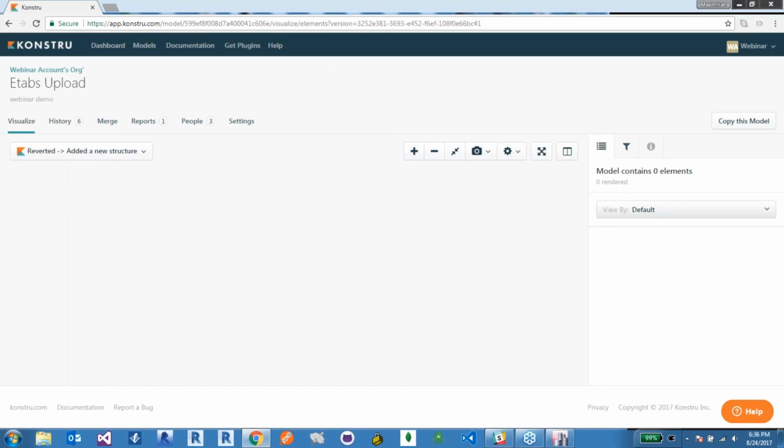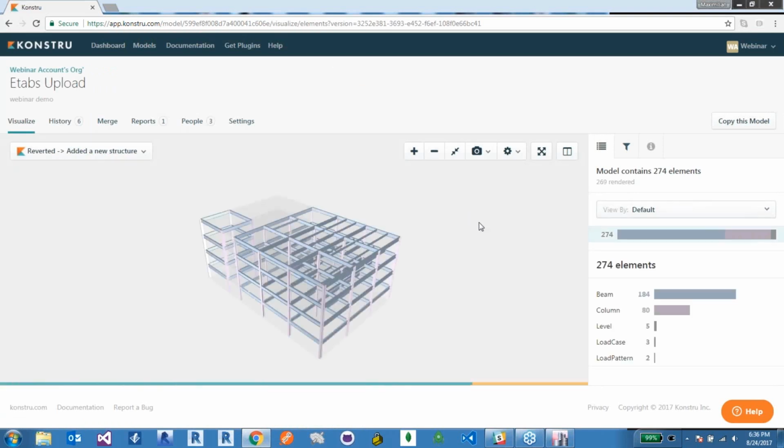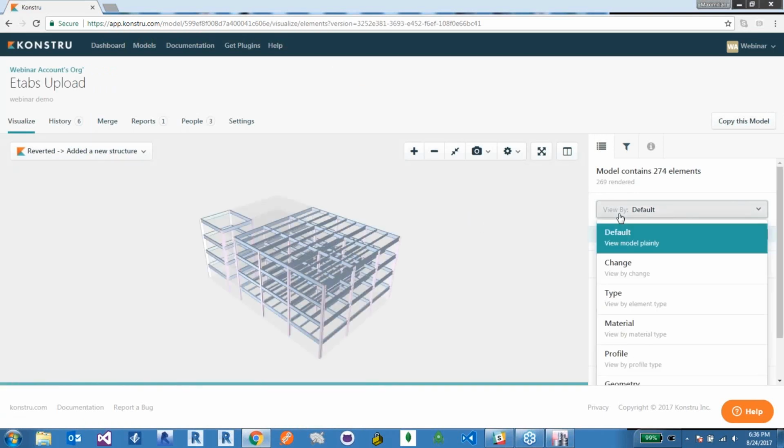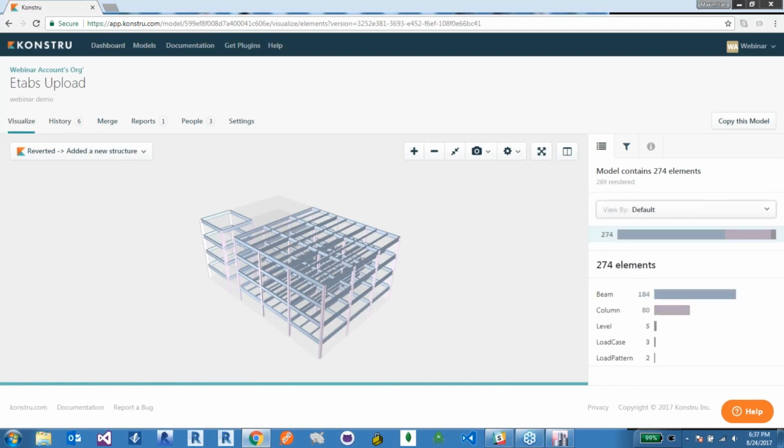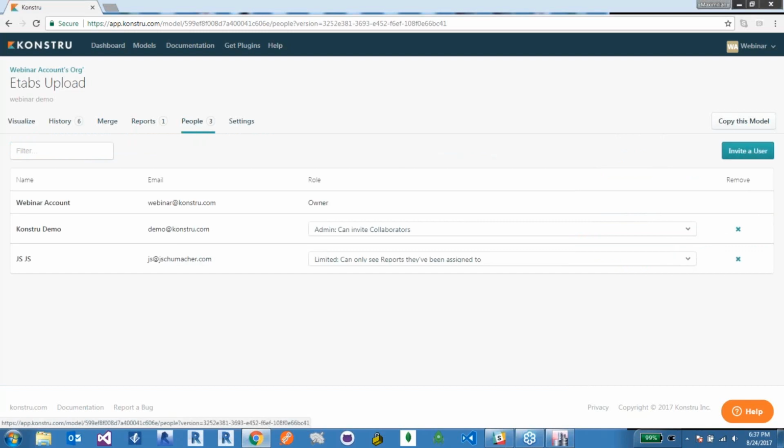So the other thing we should mention here, we didn't go there today, is that this is only for creating change reports, which, as we said, can't be downloaded back into actual software. But if you invite somebody as a collaborator, like Max invited me as a collaborator, then if I wanted to see what has changed directly inside of my software, inside of my Etabs or Revit or Tekla, whichever program I'm working in, essentially every time that we make a change or an addition in Construe to an element,